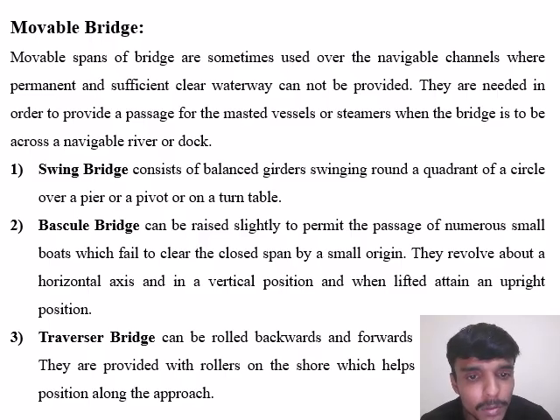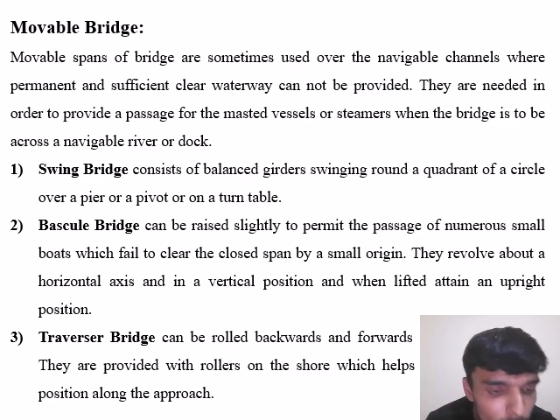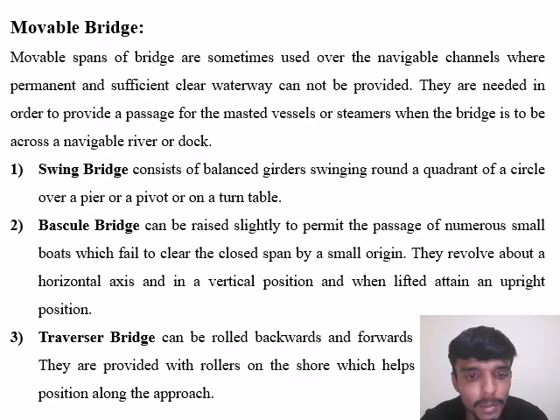A swing bridge consists of balanced girders swinging around the quadrant of a circle over a pier or a pivot or on a turntable. So these bridges rotate horizontally and create two pathways, or divide the river horizontally in two ways. Then the other is the bascule bridge, which can be raised slightly to permit the passage of